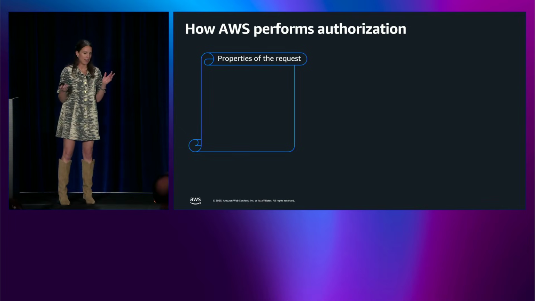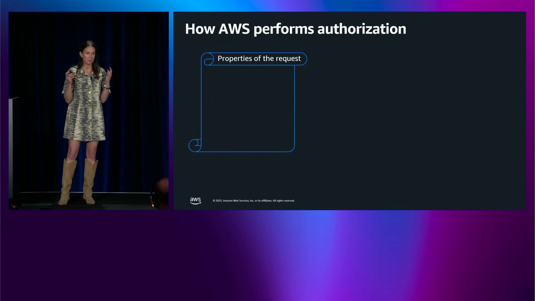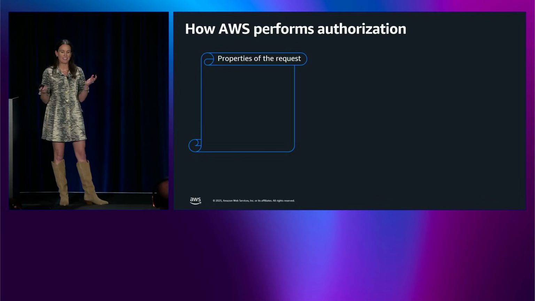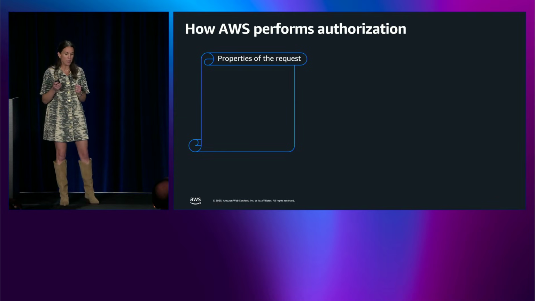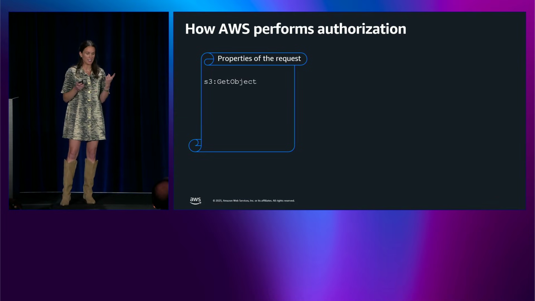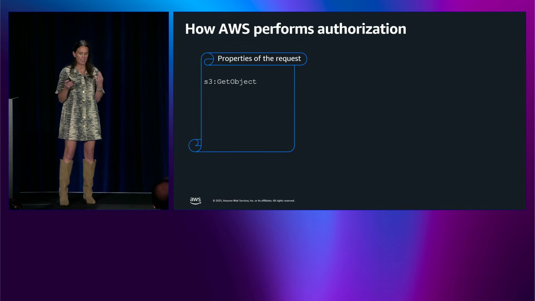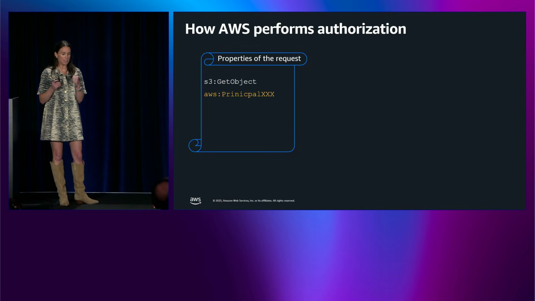So IAM handles authorization requests at a massive scale across every service and every region, right? It's just a series of string matching. I'm going to walk you through it really quick. Once someone explained it to me this way, it made a lot more sense. Your request has a bunch of different properties. The action you're taking, S3 get object, the property of the principal, the person or the application that's making the